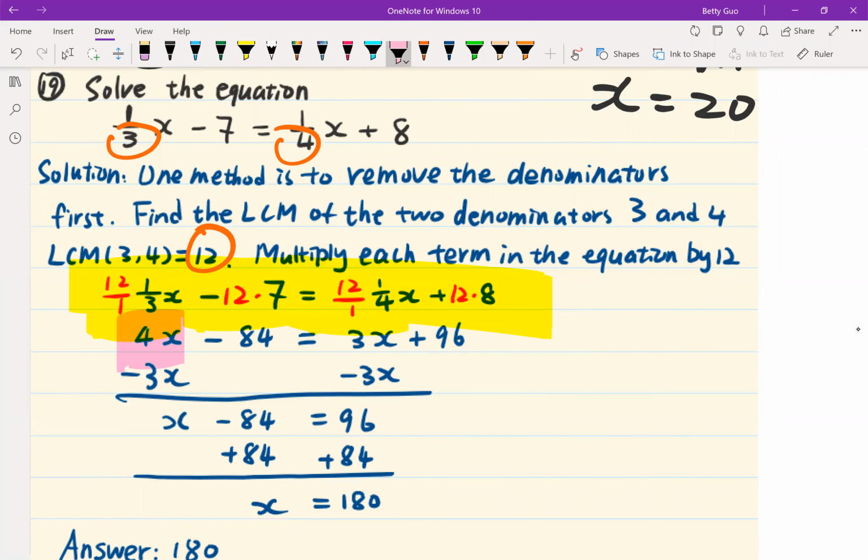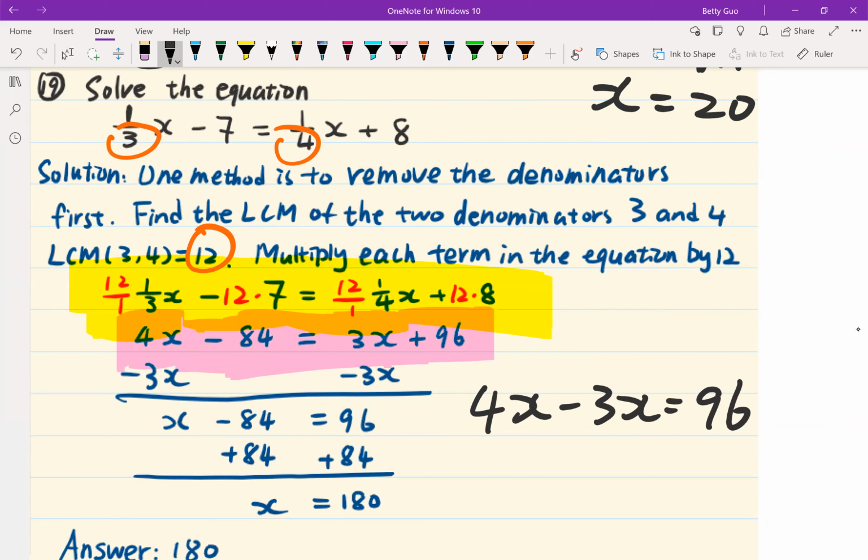12 times 7, 84. On the right-hand side, 12 over 1 times 1 over 4, 3x. 12 times 8, 96. Yeah, after this step, all the denominators are gone. You can just solve this equation as usual. You can subtract 3x from both sides, or you can use transposition of terms. Move 3x over,